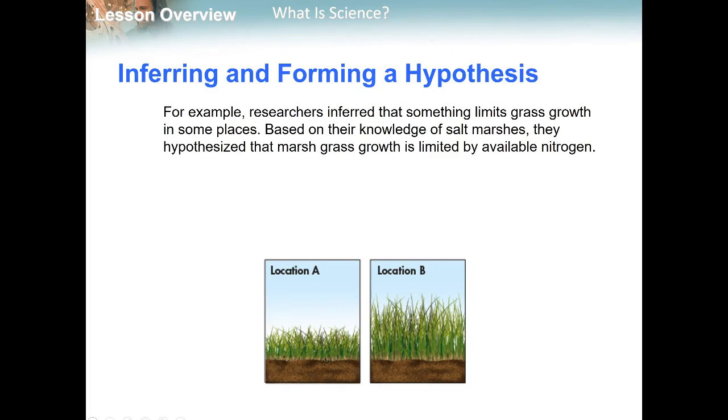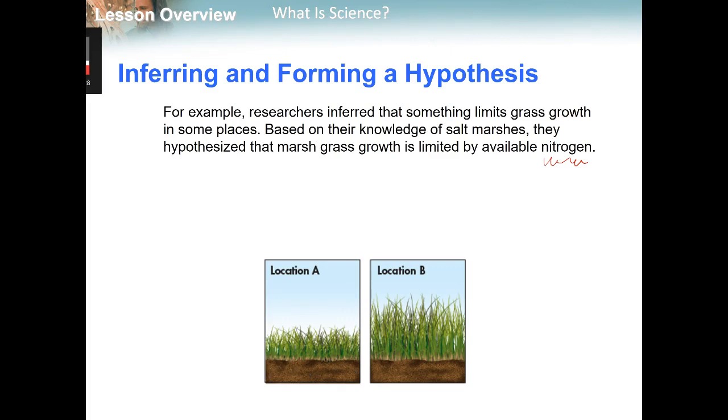And based on what they know about salt marshes, they can hypothesize that whatever is missing is what is impacting the growth. So when we learn in chapter 3 or 4, we're going to be learning about the nutrient cycles, and one of those nutrient cycles is the nitrogen cycle. And nitrogen is something that is found in fertilizers. So based on that knowledge, they're going to say, well,